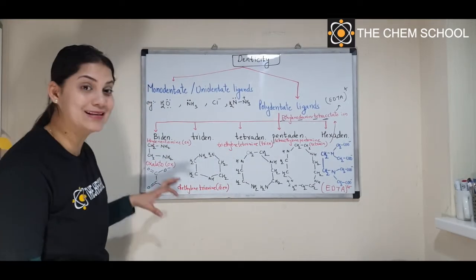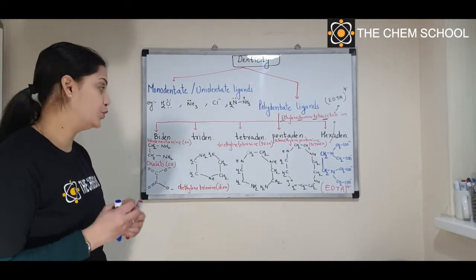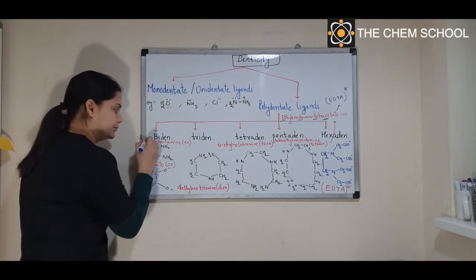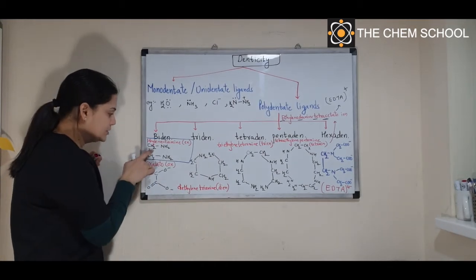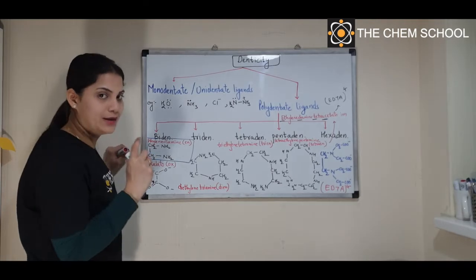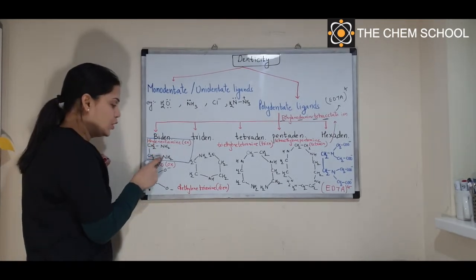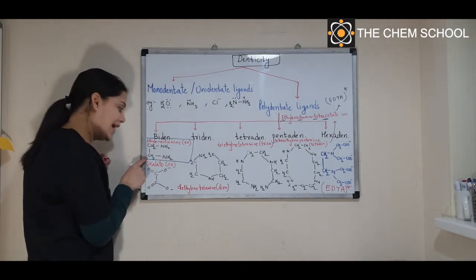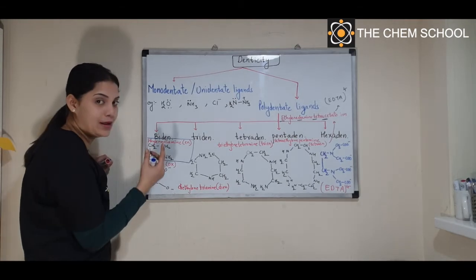So I have taken some examples over here, and these examples are very important. That is what you need to understand. Now have a look at the first example, this one. If you see CH2, that is the ethylene group, and you have two amine, that is NH2. So you will say it is ethylene 2 amine, therefore diamine. So the name becomes ethylene diamine.